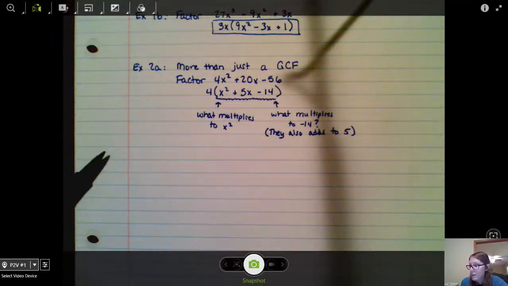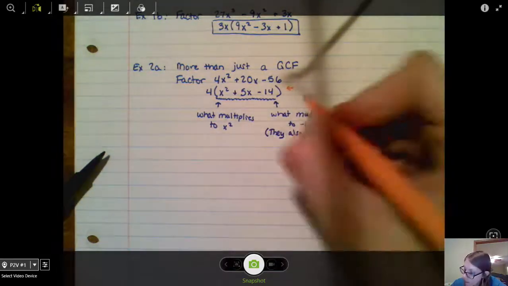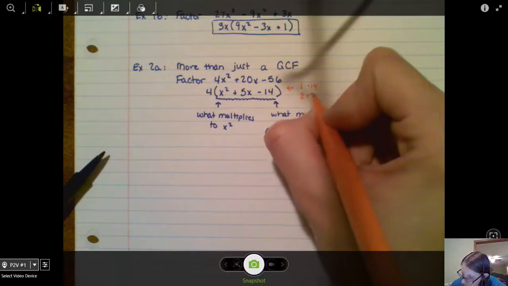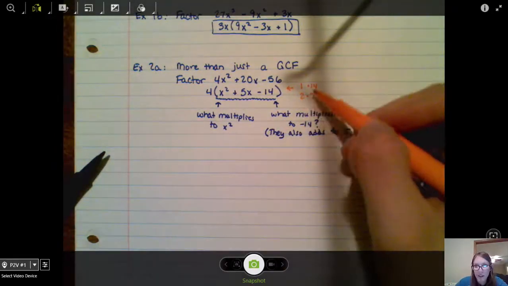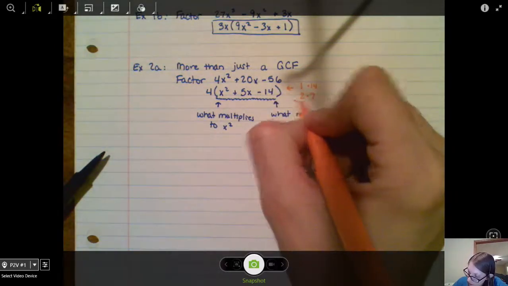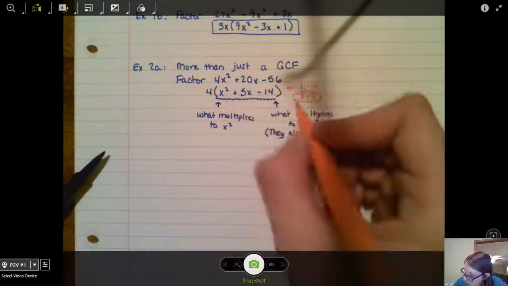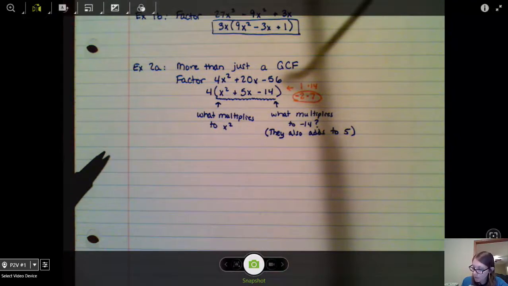So just listing out my possibilities here, I could have 1 times 14 and 2 times 7. One of our values has to be negative because we multiply to negative 14. So right here, this is my combination I want to work with. And I want to add to positive 5, so I need a negative 2 and a positive 7. Once you find this,